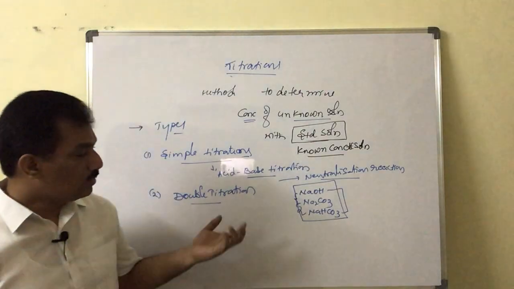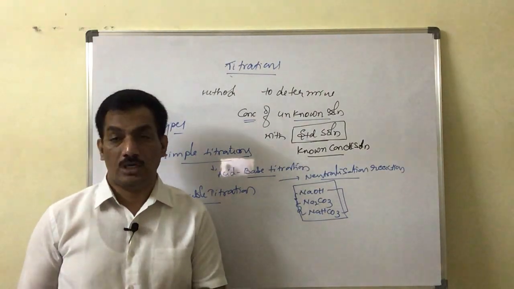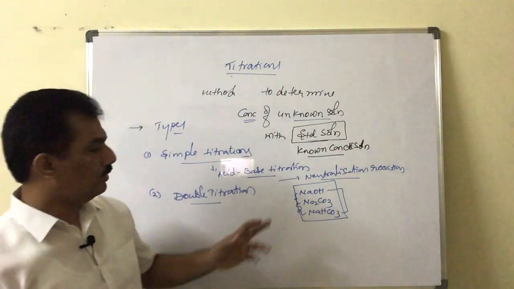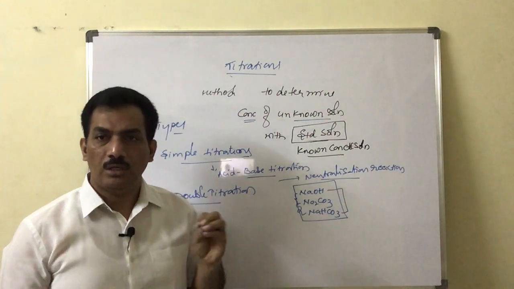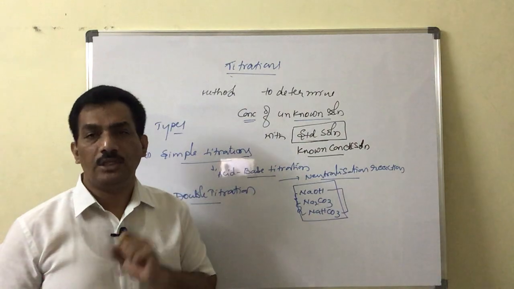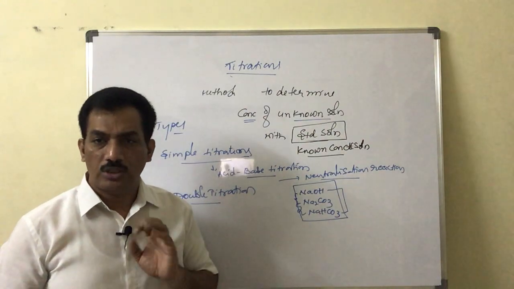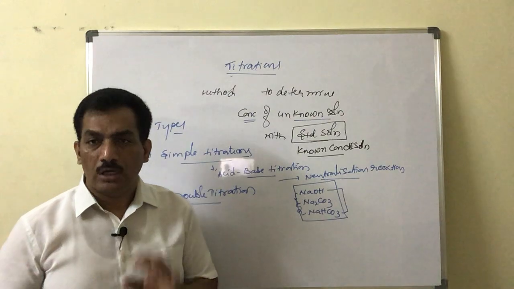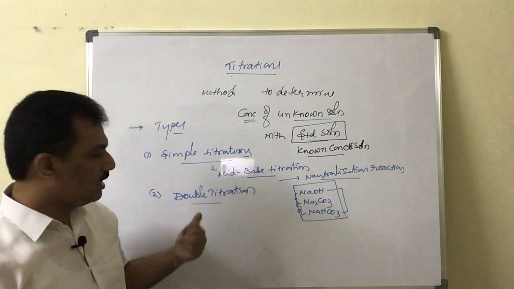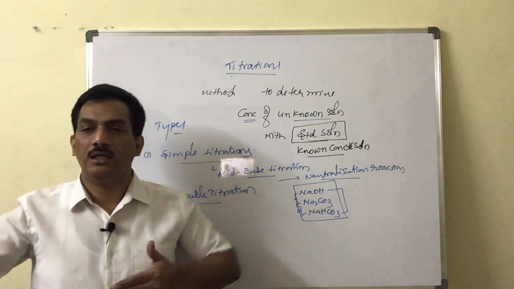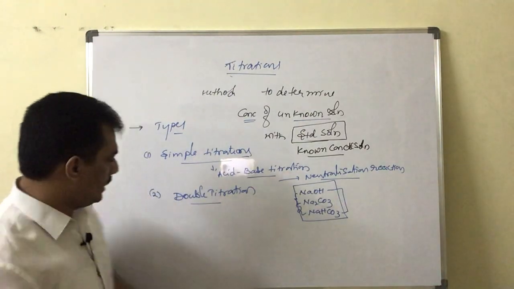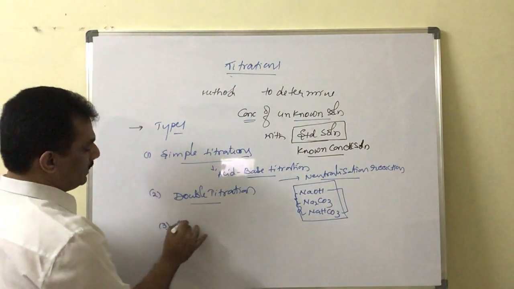And from this double titration, there are some questions in your NCERT textbook. While finding the relative amounts of NaOH, Na2CO3 or NaHCO3, where 2 compounds of these 3 are present in the solution, it is nothing but a solution of mixture. The relative amount can be measured by using the technique of double titration. Here the name itself indicates that we have to conduct the titration 2 times. Clear? And the next one, the third one, is back titration.